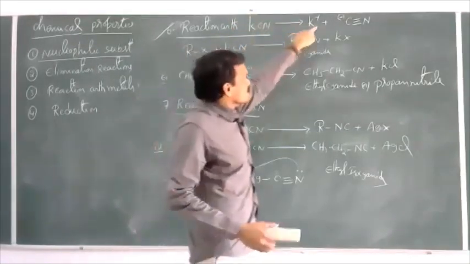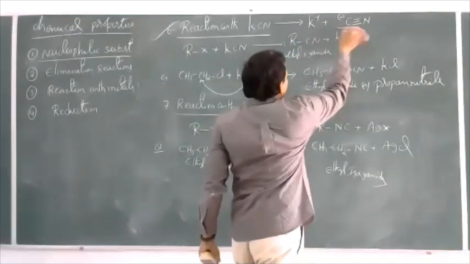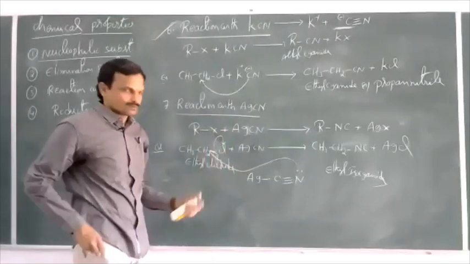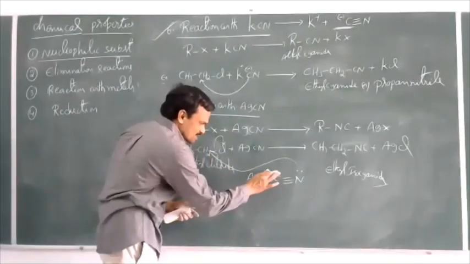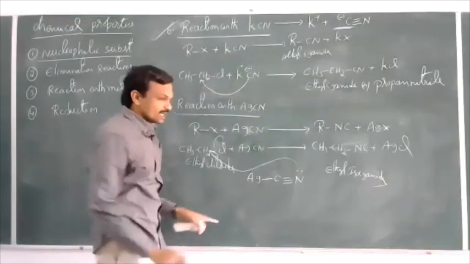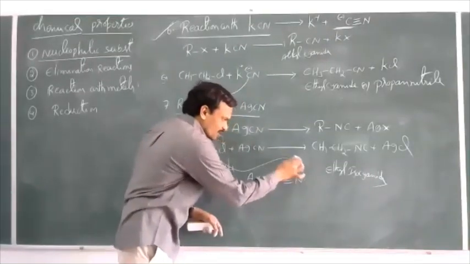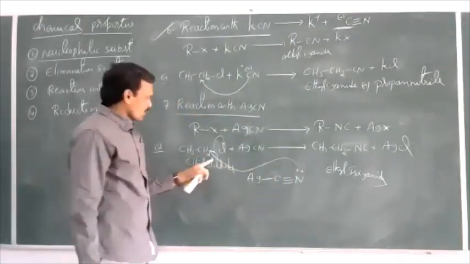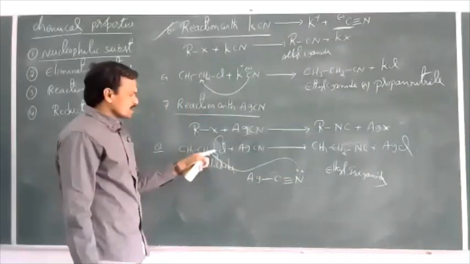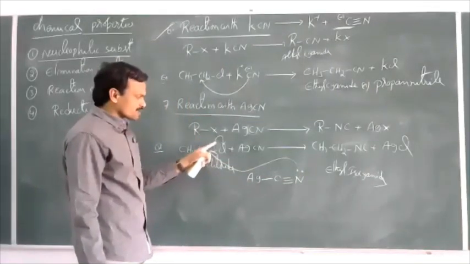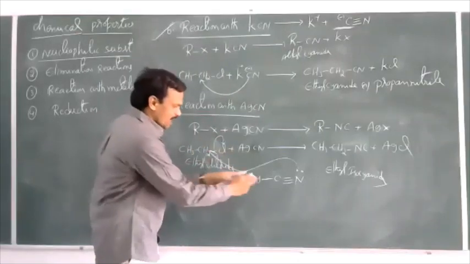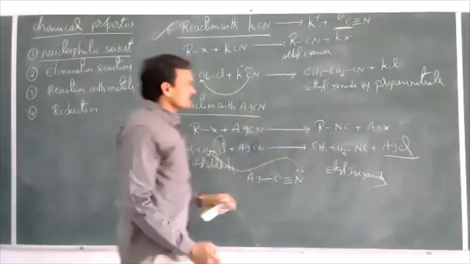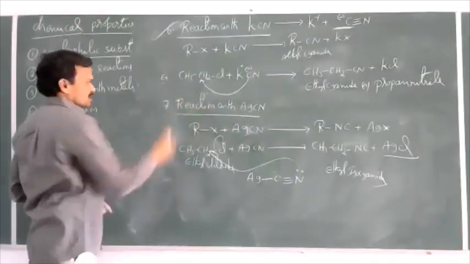So the reaction with KCN takes place by ionic mechanism. KCN splits into K+ and CN-, where carbon is free to donate a lone pair of electrons. Whereas this reaction takes place by covalent mechanism. The bond between Ag and carbon is more covalent in nature, so nitrogen is free to donate a lone pair of electrons, not carbon. Whenever nitrogen donates a lone pair to this carbon, Cl gains the bonded electron pair and separates as Cl-. Ag+ and Cl- combine to form AgCl. So this is the reaction with AgCN.